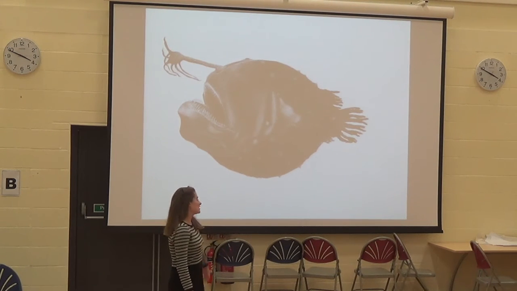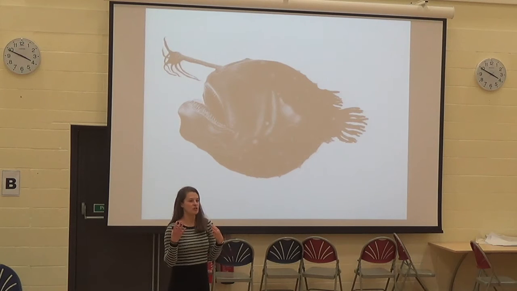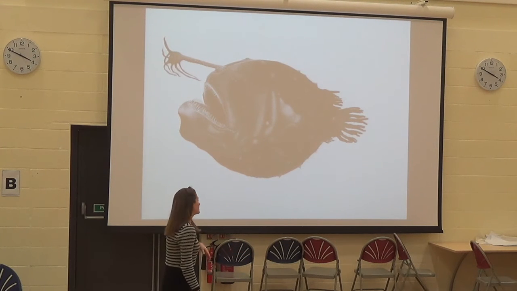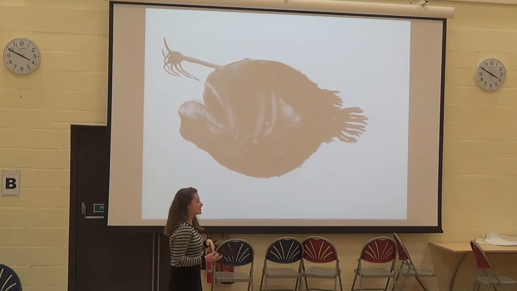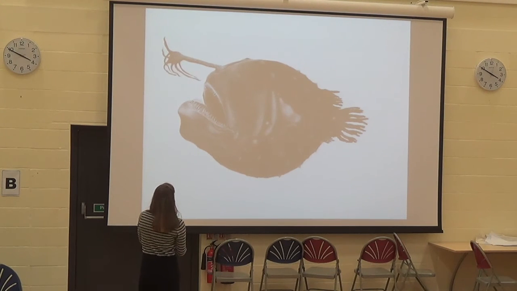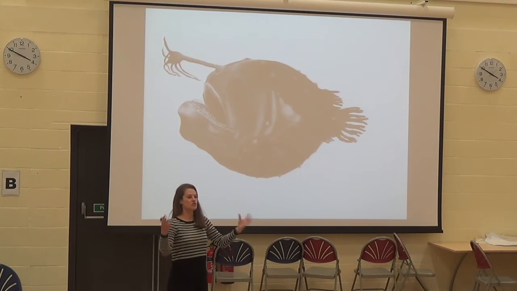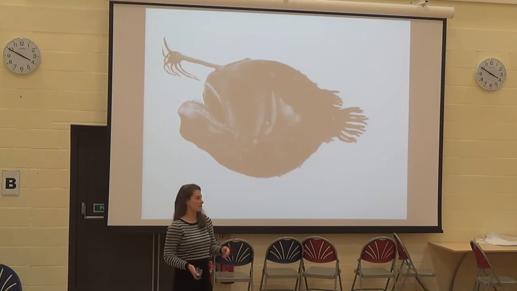So it's essentially a deep-sea marine fish that lives at the bottom of deep oceans where it's really dark, and their individuals are very widely distributed across the ocean floor. And so because of that, it means that individuals very rarely interact with each other, and obviously that has really important consequences for mate choice and for finding a mate if you very rarely interact with a member of the opposite sex. So to kind of counteract that, females have evolved this bioluminescent organ, which essentially emits light that's useful for attracting not only prey, but also is useful for attracting mates.